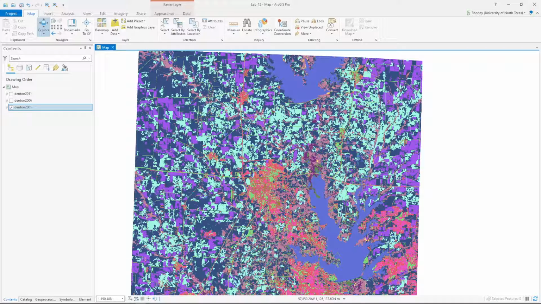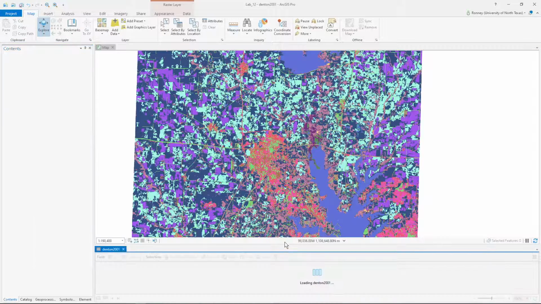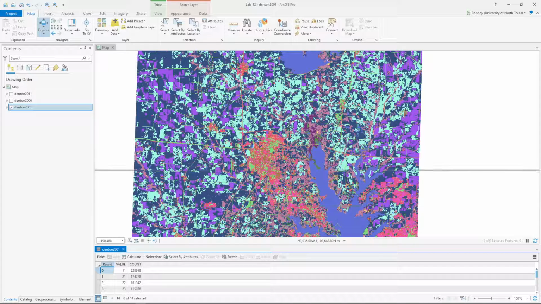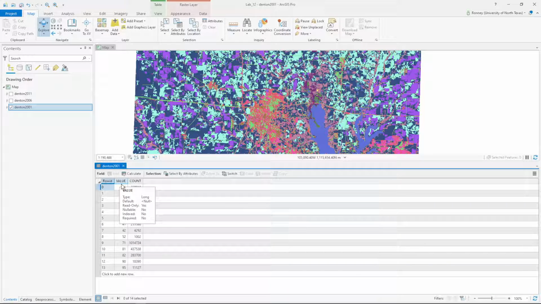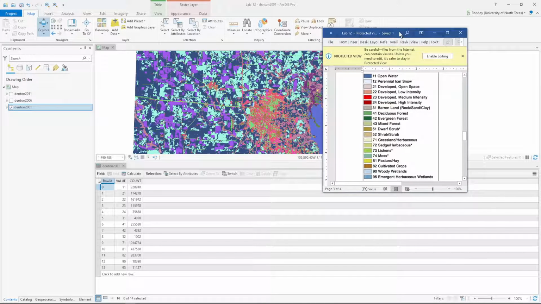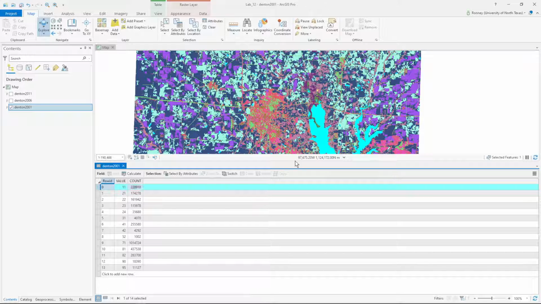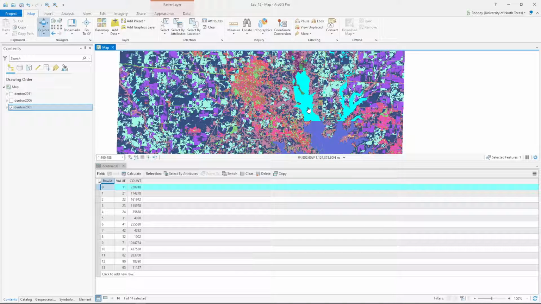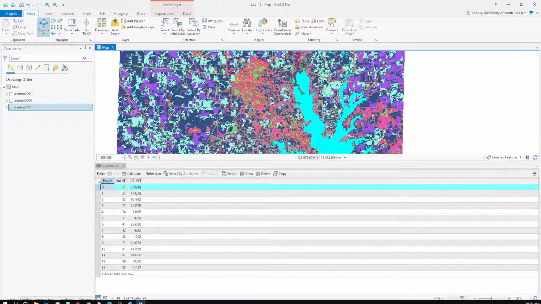So let's look at the attribute table for a raster layer. Right click this and we'll go into its attribute table. And you'll see that when I was talking earlier about those values, they are right here. So these values here all correspond with these values here. If we go ahead and select this right here, we'll see that it selects on our map right here. And all of these selected pixels, all of these selected cells, correspond with 11. And on our legend,